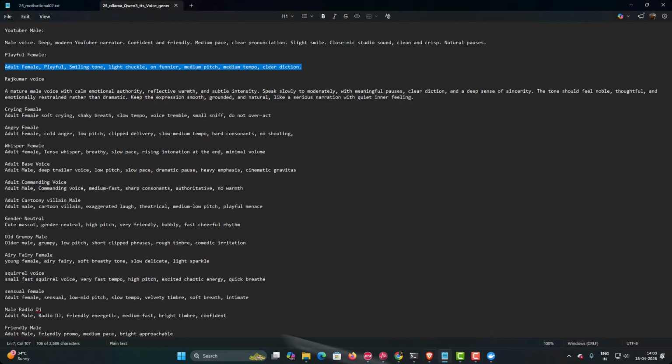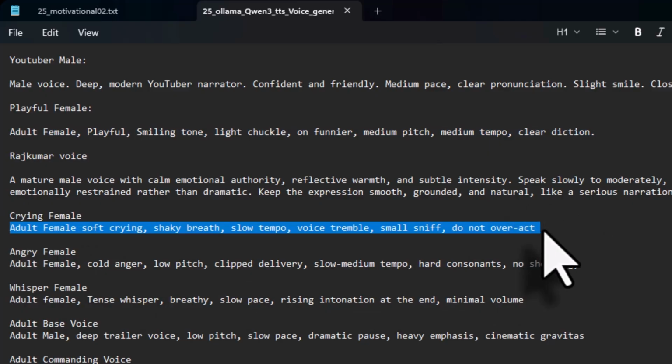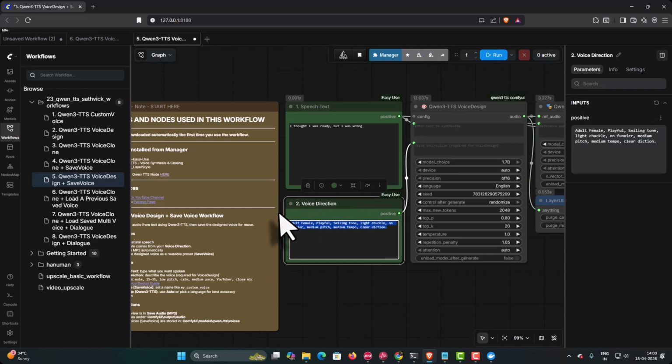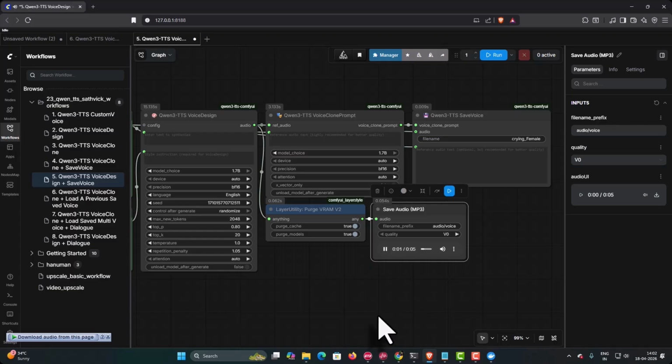Come back here and select the next prompt here. The next prompt is crying female. I will just copy this, come back to ComfyUI and in voice direction I will place it. I will give this the name as crying female, and now if I run and play this,